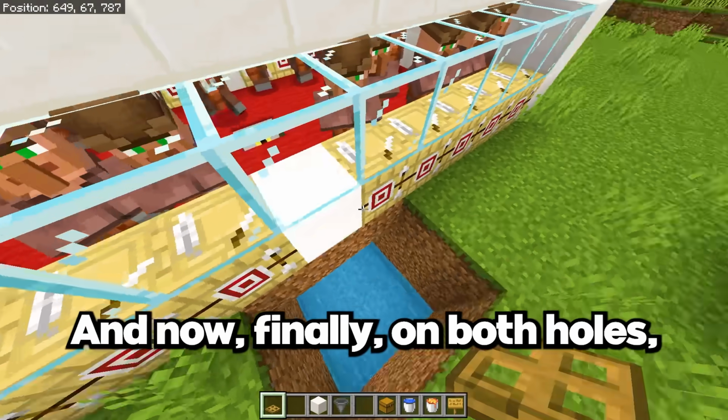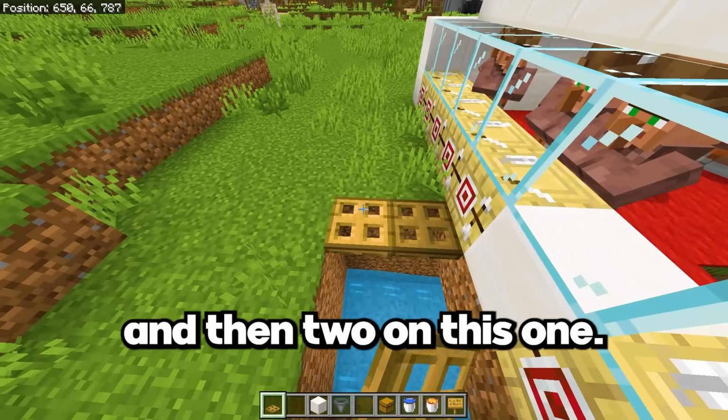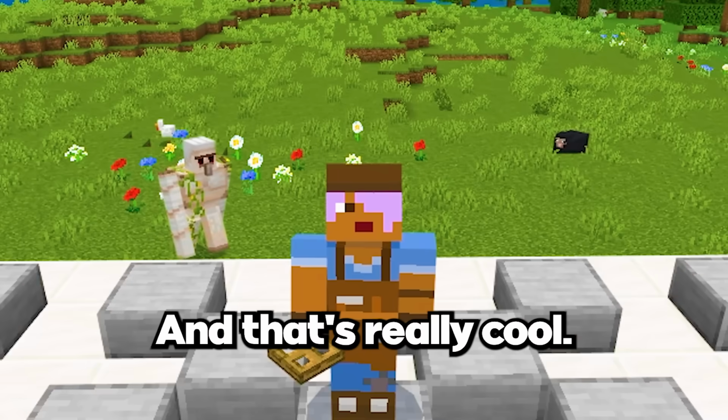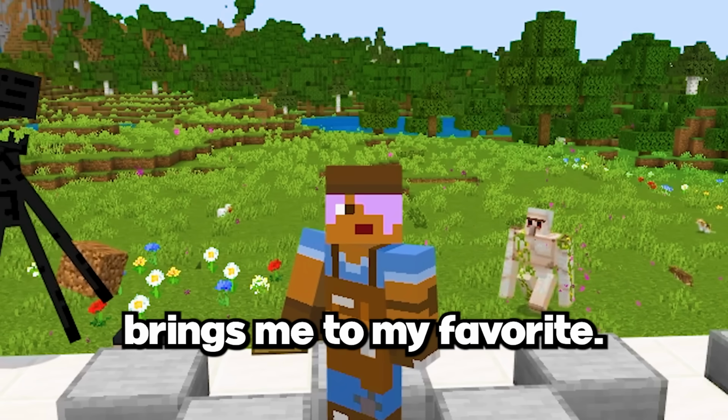And now finally, on both holes, I want you to place 4 trapdoors, 2 on this side and then 2 on this one. And these are really important because iron golems think they're blocks, try to walk on it and obviously die. And that's really cool, but how are we gonna make them fall in the hole? This, ladies and gentlemen, brings me to my favorite...